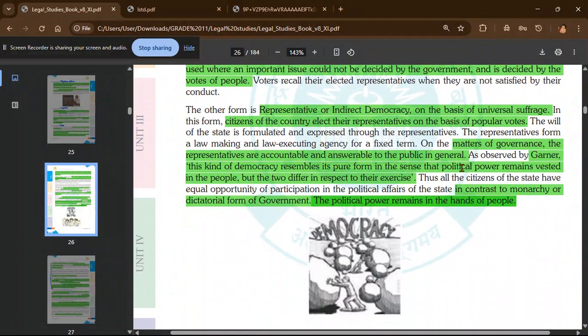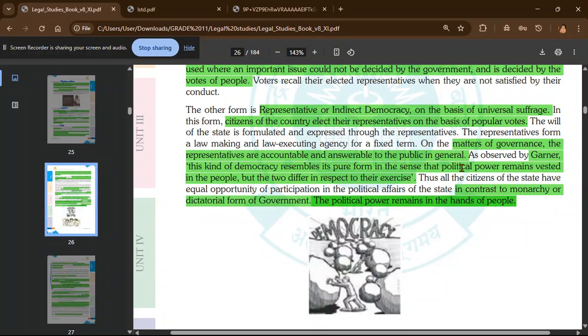Now let us see any additional questions if we have left in our reference book. If we have, they can ask you questions like, what is the difference between monarchy and democracy. Then they can ask you questions like: it is the government of one man who has not obtained position by inheritance but either by force or invasion or consent or a combination of both. The above definition by Albert Comment talks about which form of government. So this is dictatorship.